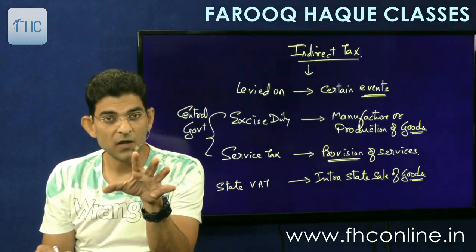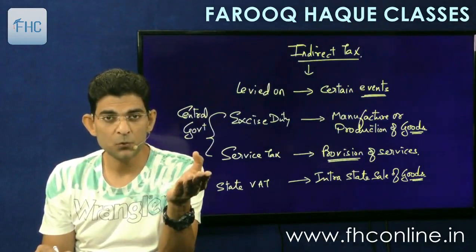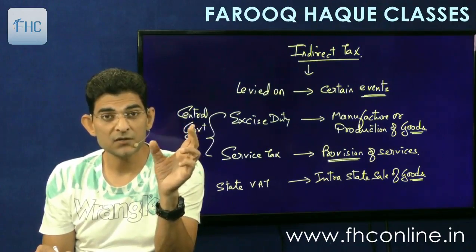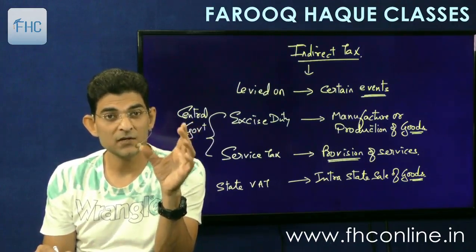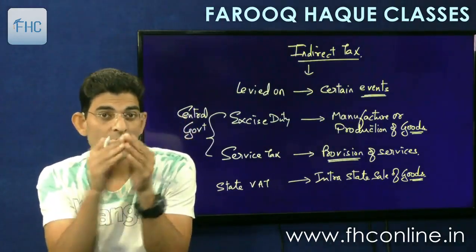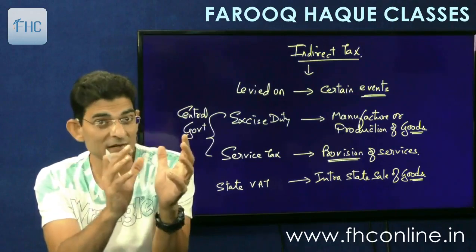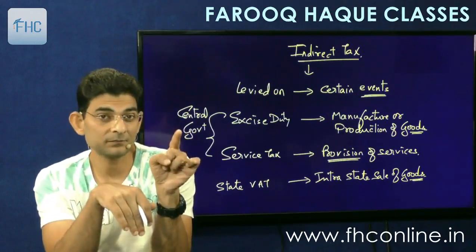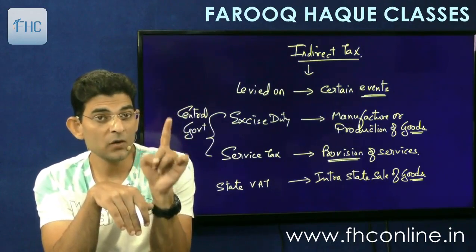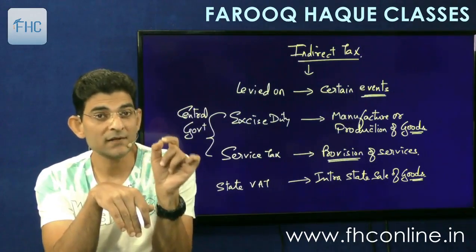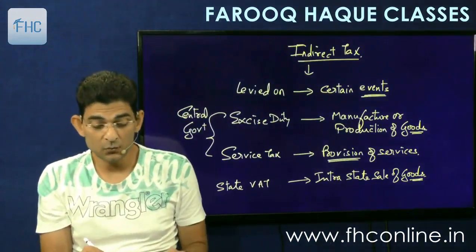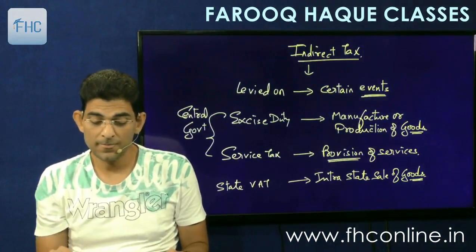So if I'm a seller of Nagpur and supplying goods to a person in Pune, the goods are going from Nagpur to Pune. That was called intrastate sale, that is within a state. It completes within the boundaries of one state or one union territory. It can be any state. It was under the purview of the state government. The state government could levy a value-added tax. So that was called a state VAT. And obviously, it was levied by the state government, right?